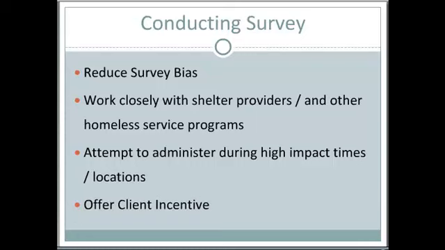Also, we offer the clients incentives for participating in the survey, and some frown on that as it sometimes could create bias because they're just doing it and may mark anything. But oftentimes, because there's such a strong collaboration and resources in our community, they don't want anything. They will participate in the survey.